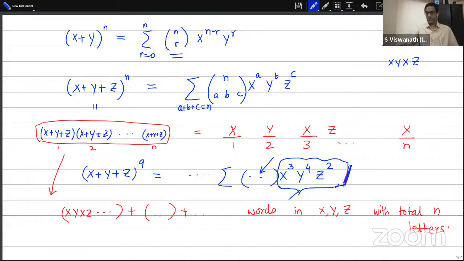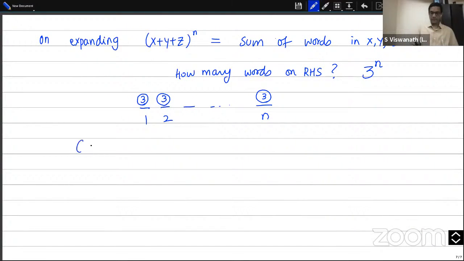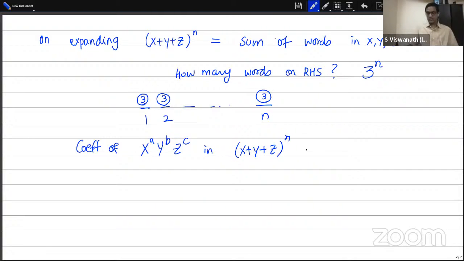Okay, so is this clear? So finally, the coefficient of any given monomial x power a, y power b, z power c in this expansion is just the answer to the following combinatorial problem: among these 3 power n words, the number of words in x, y, z of length n